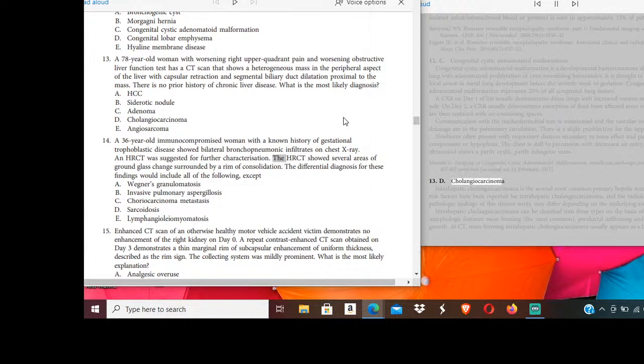13. D. Cholangiocarcinoma. Intrahepatic cholangiocarcinoma is the second most common primary hepatic tumor. Various risk factors have been reported for intrahepatic cholangiocarcinoma, and the radiologic and pathologic findings of this disease entity may differ depending on the underlying risk factors. Intrahepatic cholangiocarcinoma can be classified into three types on the basis of gross morphologic features: mass-forming, the most common, periductal infiltrating, and intraductal growth. At CT, mass-forming intrahepatic cholangiocarcinoma usually appears as a homogeneous